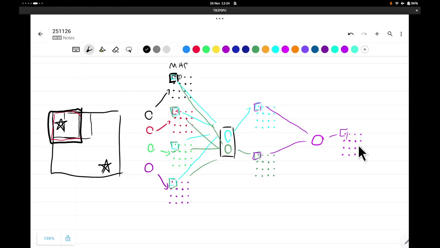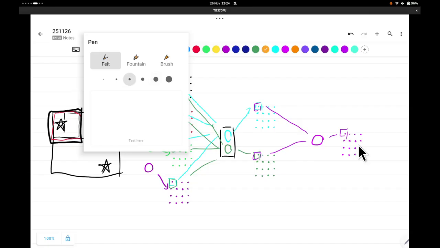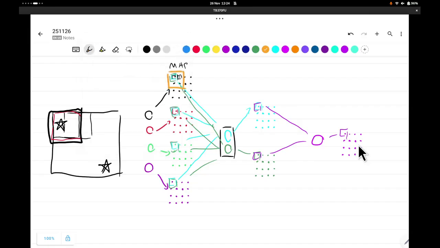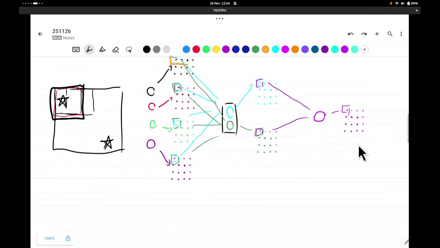So the obvious extension would be to say, well, why can my second layer not take a larger window from the previous layer and propagate that to the next layers? And this is exactly what the